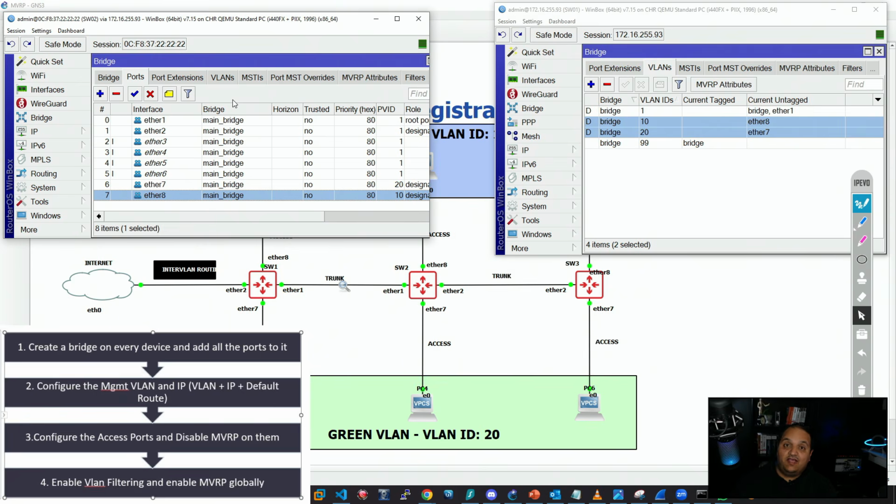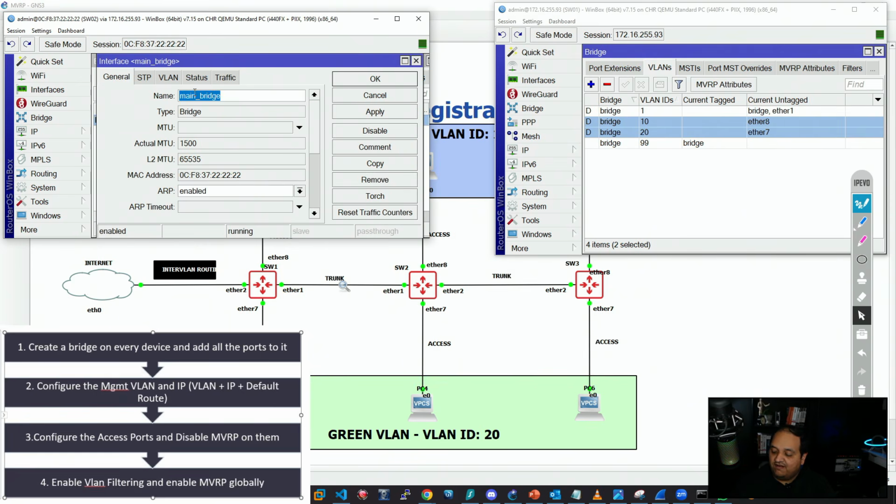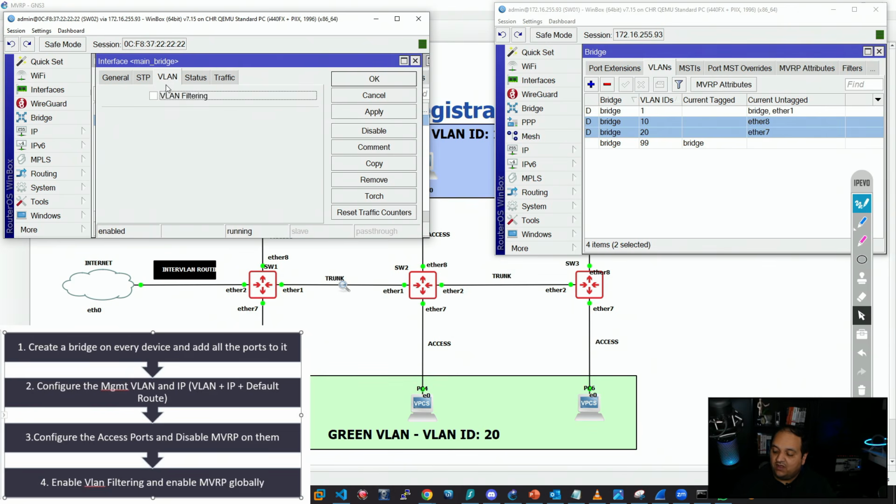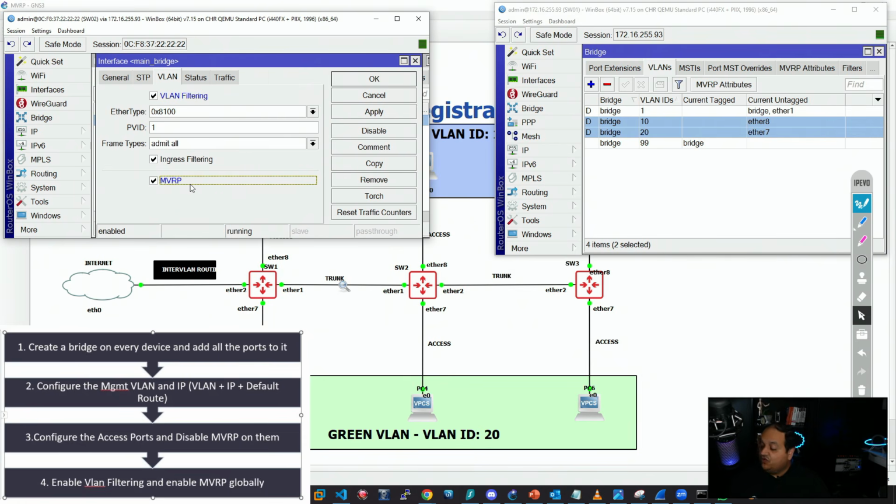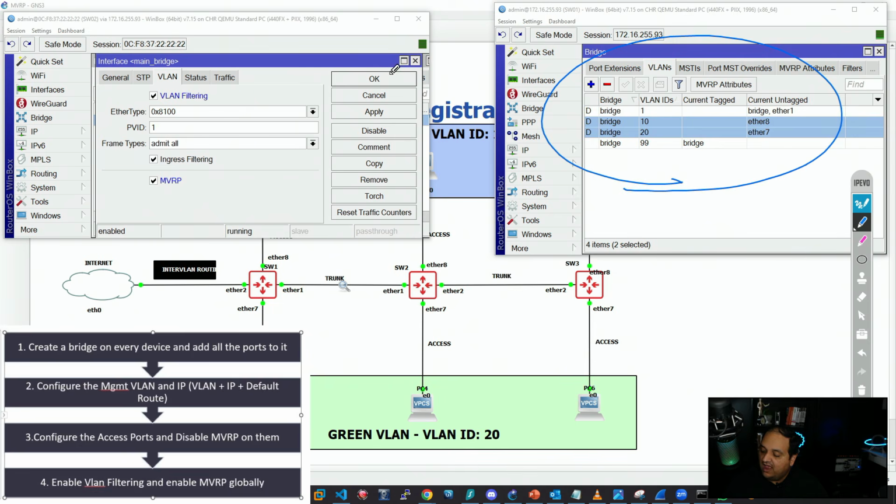So basically the access ports are ready, and the next step is simply to configure VLAN filtering and MVRP. In the VLAN tab, we'll click on VLAN filtering and also enable MVRP. I would like you to check what is going to happen on switch 1